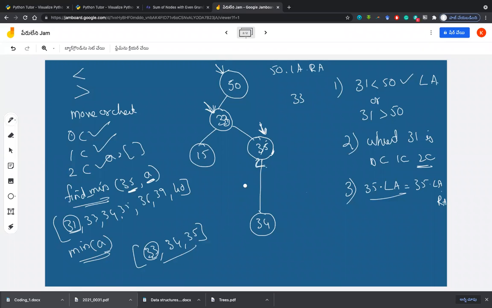So I think everything is forming the binary search tree, right? 50 having left side 33 because 33 is less than 50, and 15 because 15 is less than 33. 35 on the right side for 33 because 35 is greater, and 34 is on the left side because 35 is greater than 34. And this is how you should follow the rules of binary search tree and delete it.